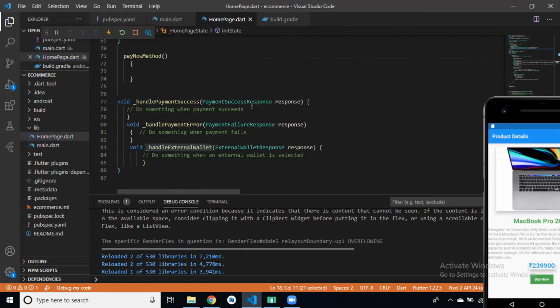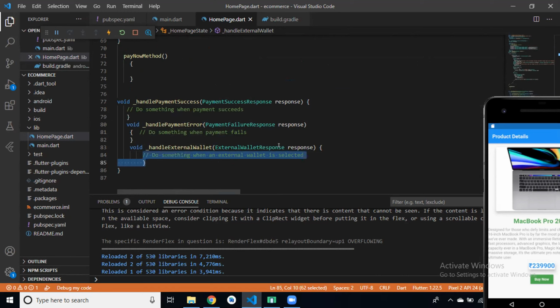Do something when payment succeeds: close this screen and send order details to the server. Do something when payment fails: display a toast message to the user. And do something when an external wallet is selected, like if the user selects Paytm or MobiKwik as an external wallet, then show a toast message to the user.